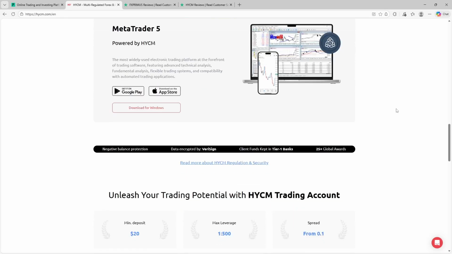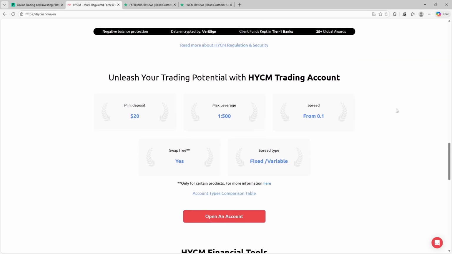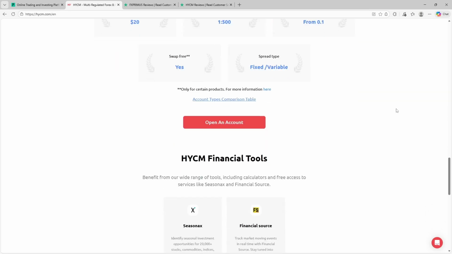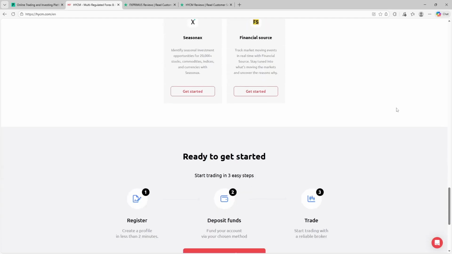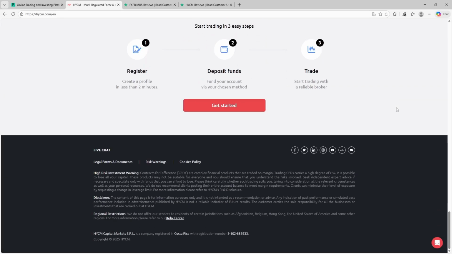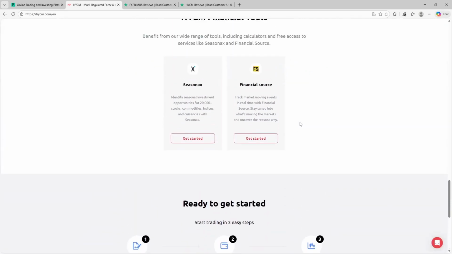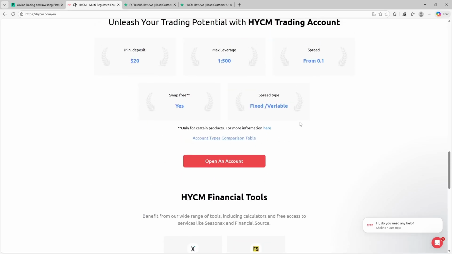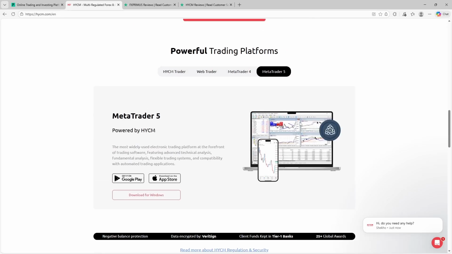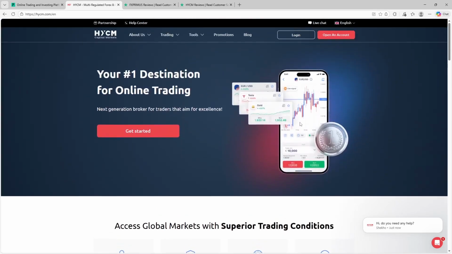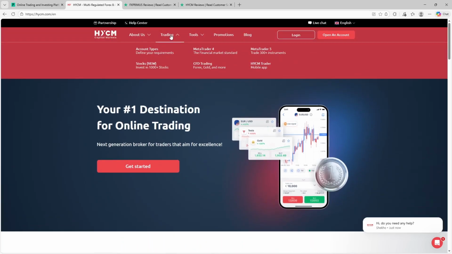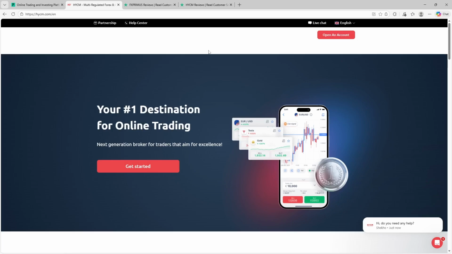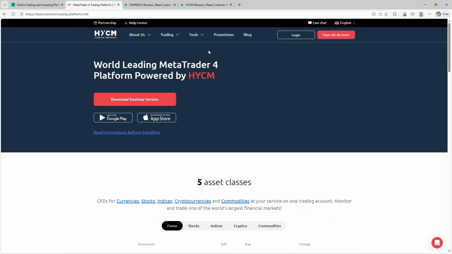HCYM positions itself as a regulated and safety-focused broker, emphasizing compliance, capital protection, and long-standing market presence. Educational materials and platform tools are functional but not cutting-edge, reinforcing the sense that HCYM caters more to conservative traders than aggressive strategists. From a pros and cons perspective, HCYM's strengths lie in regulatory focus, accessible entry requirements, and clear